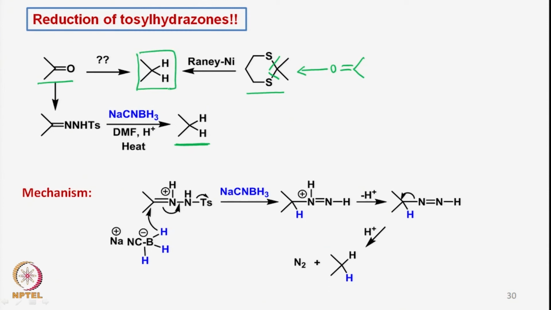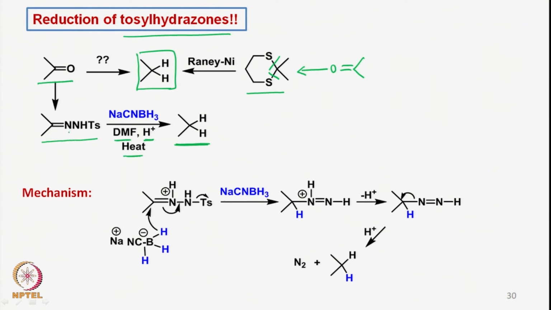Now there is another way by which we can do the same reaction, by converting the carbonyl group to the corresponding N-tosyl hydrazone. That is the reduction that we are discussing, and if we use a protic source in DMF and heat it, we can get the same reduction, but then it is via the tosyl hydrazone. Now what is the mechanism? Under acidic condition, the